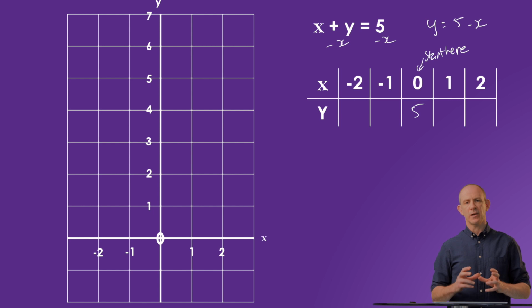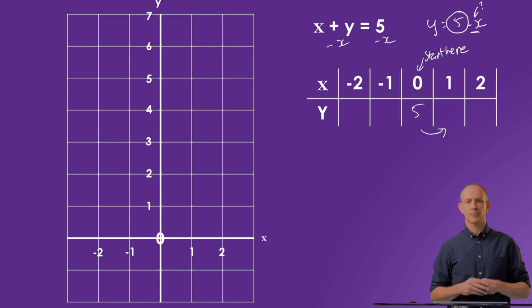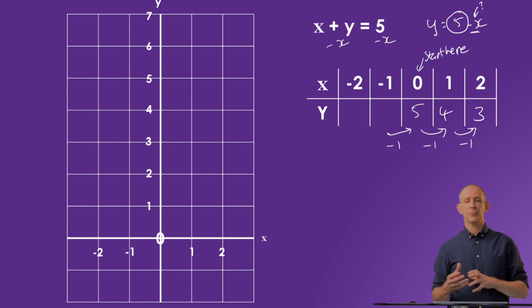Now the gradient here, there doesn't seem to be a number that's next to the x, but we've always got to remember that the coefficient of a variable, if we don't see one there, we assume that it's 1. So here, because it's a negative x, it's going to be a negative 1. So the value of y when x is 1 is going to be a reduction of 1. So it goes down by 1 to make 4. And again, it goes down by another 1 to make 3. And if we look at the values of y when x is minus 1, we can go up to 6